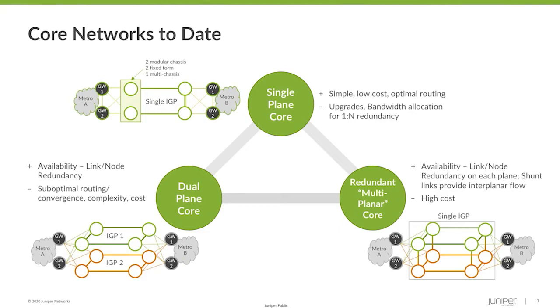And finally, a multi-planar core, returning to our single IGP once more, but using shunt links between planes to improve routing convergence. So it improves some of the issues of the dual plane core, but the drawbacks of cost still remain. So the question we have to ask ourselves is, what is going to be our optimal approach to core